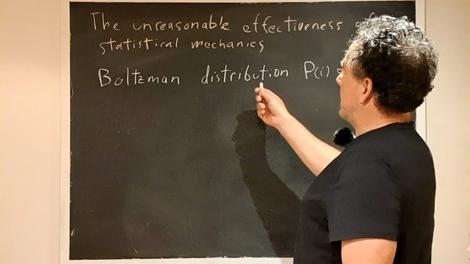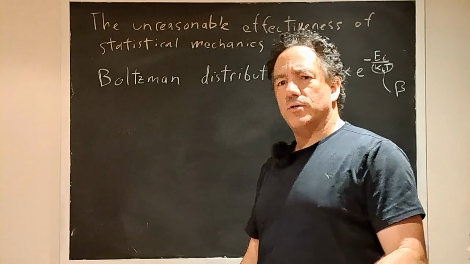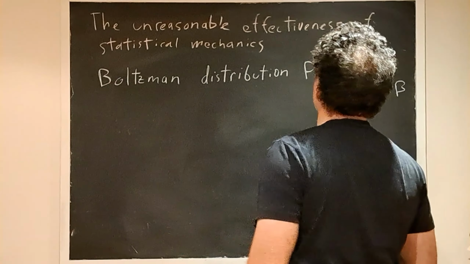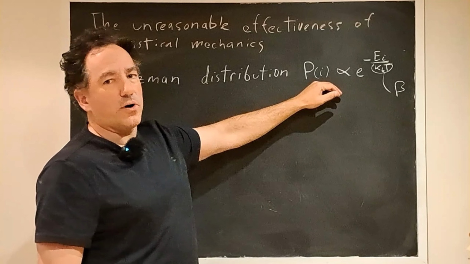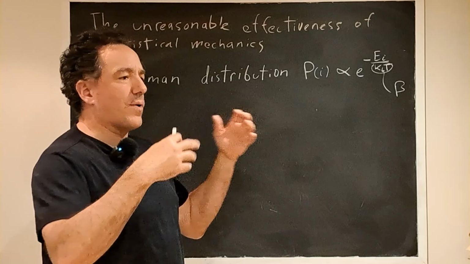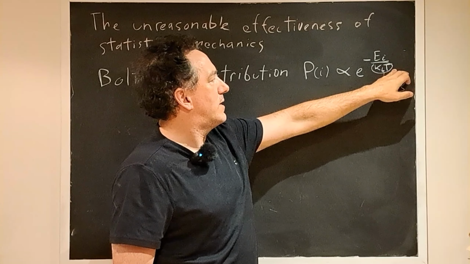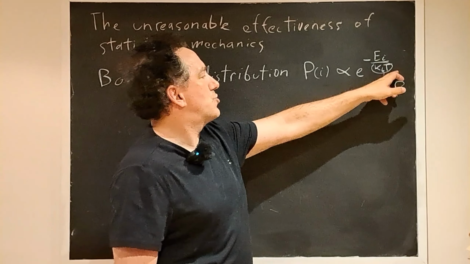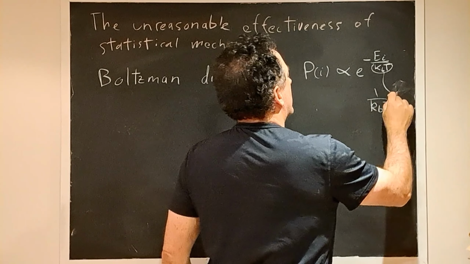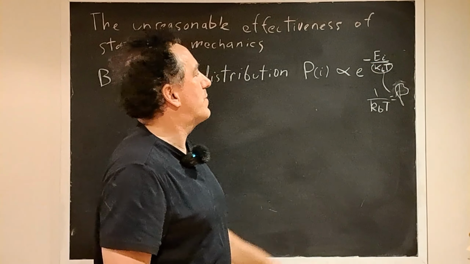And in statistical mechanics, one of the most amazing results, I think, is the Boltzmann distribution, not to be confused with the Maxwell-Boltzmann distribution, which tells you how fast molecules go in a perfect gas. The Boltzmann distribution, without the Maxwell in front, states that the probability of having a particle in a state i, whatever state describes the system, is proportional to the exponential of minus the energy of the system divided by kBT, where kB is the Boltzmann constant and T is the temperature. And 1 over kBT is often noted beta to simplify calculation, without having to keep these fractions